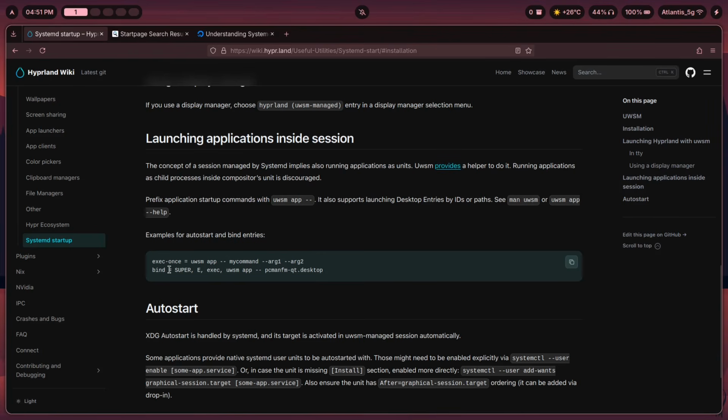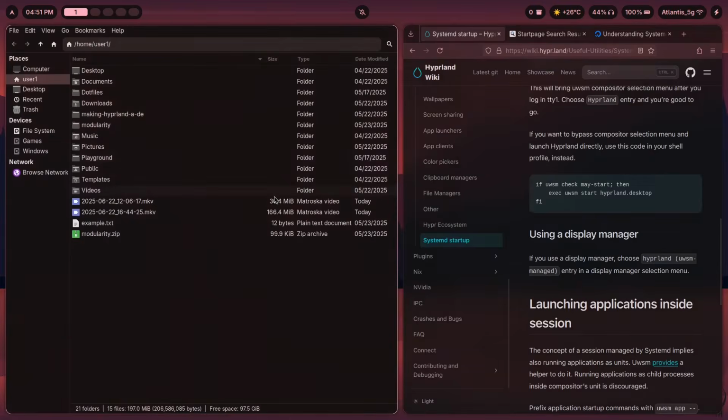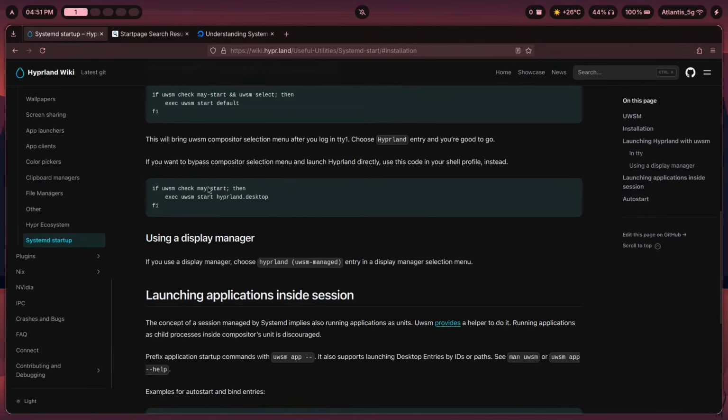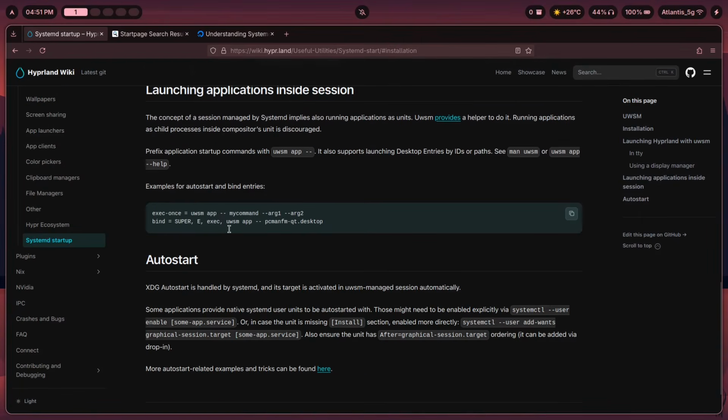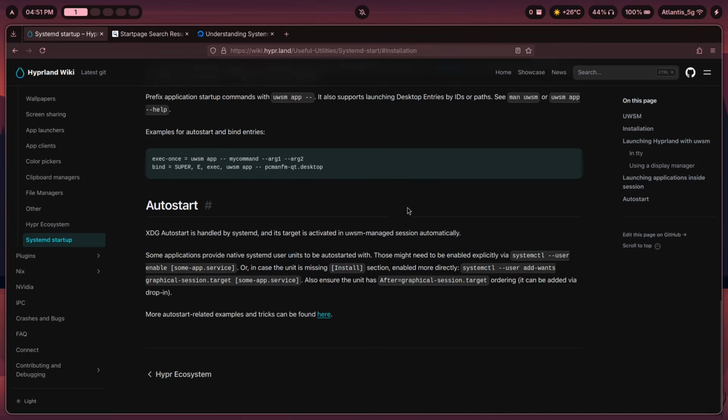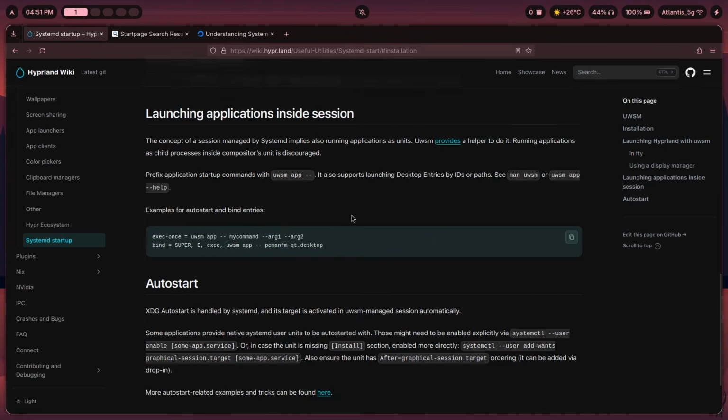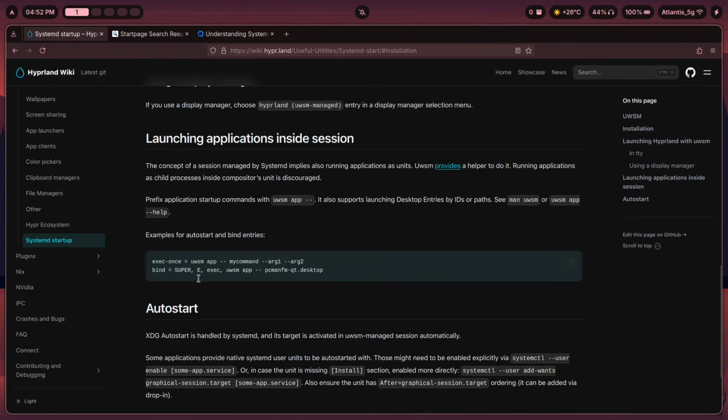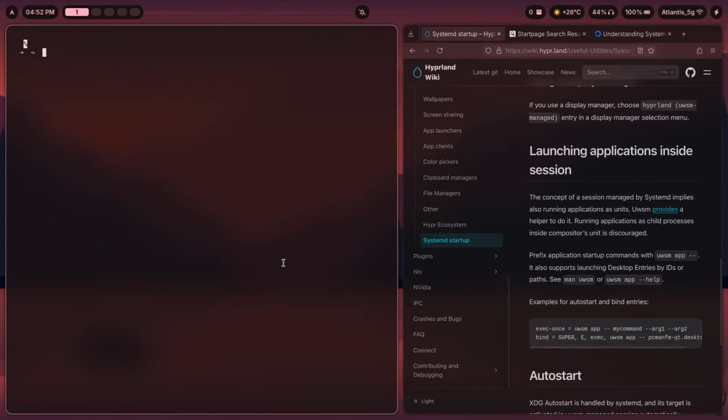With exec-once, we would use UWSM app -- my command and then pass in the arguments as usual. Now, if we were to launch any applications, for example our file manager, that would be exec UWSM app, and then we just pass in the desktop file. As you can see, this is definitely overcomplicating things a little bit and making more bloat than is actually necessary. So if you want to, you can replace all the exec-once lines in config hyper